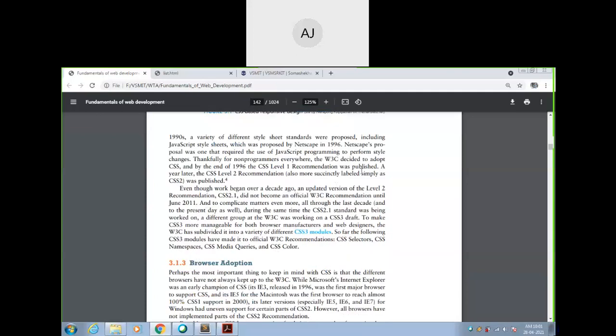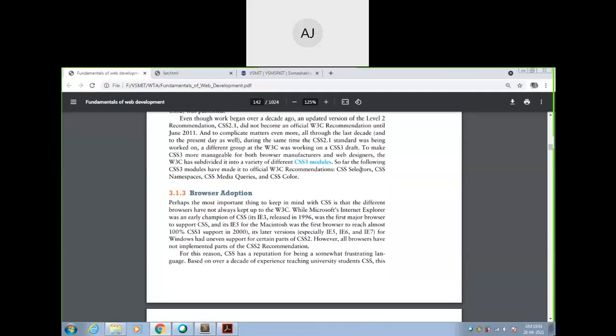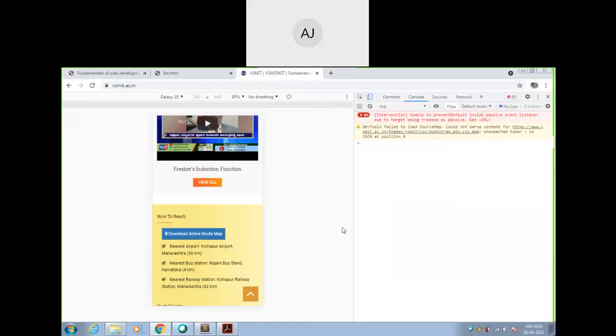Then next one you have the concept of browser adoption. Now what are the browsers supported by the CSS? Obviously, this output is very good when I am using Google Chrome. Google Chrome is the latest one, that's why I can see the outputs. But what about Internet Explorer?